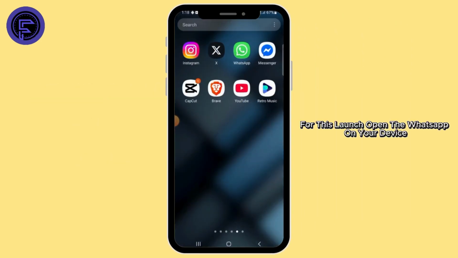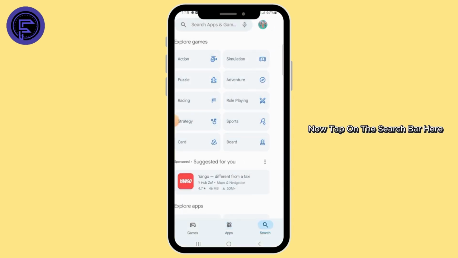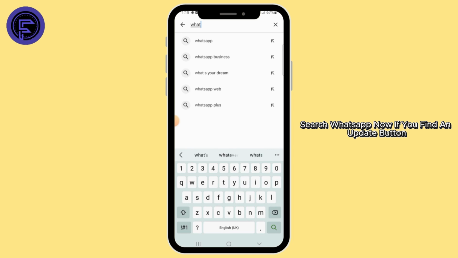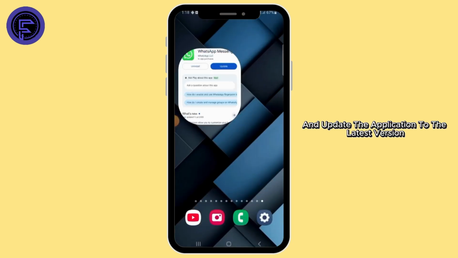For this, open WhatsApp on your device. Make sure that you're using the latest version of WhatsApp. To check, you can simply head over to Play Store. Now tap on the search bar. Here, search WhatsApp. Now, if you find an update button, tap on that and update the application to the latest